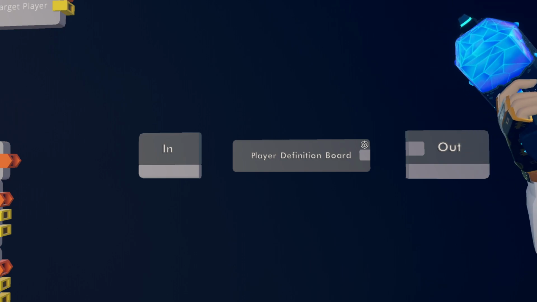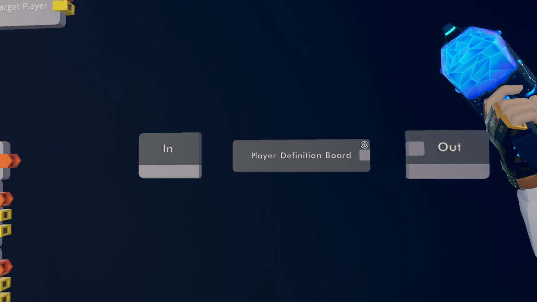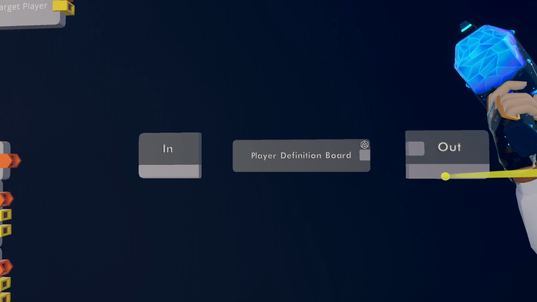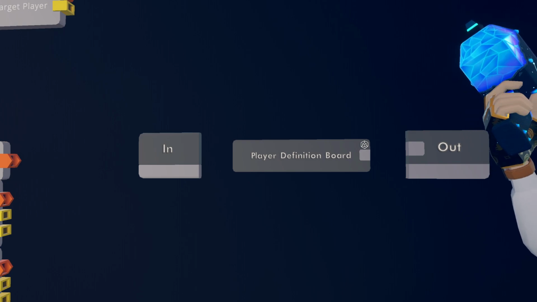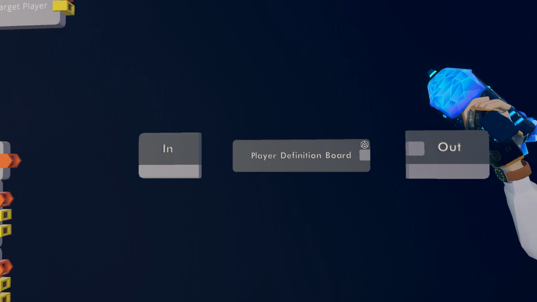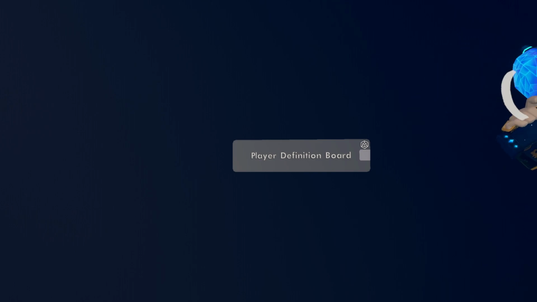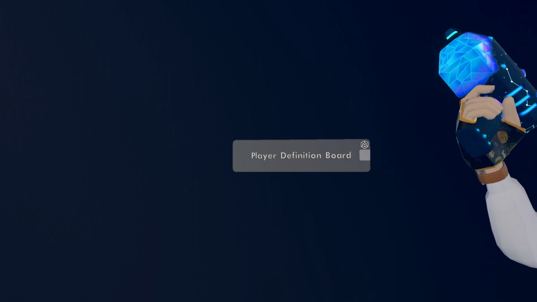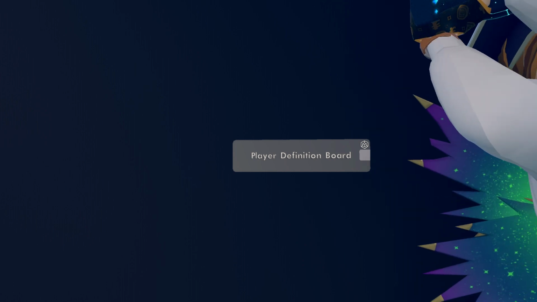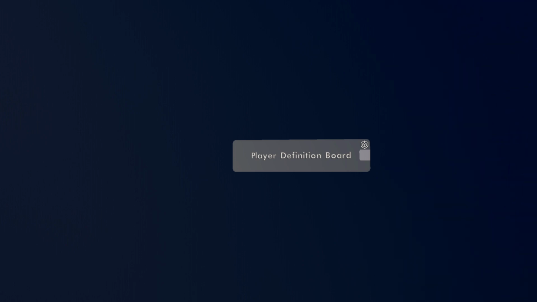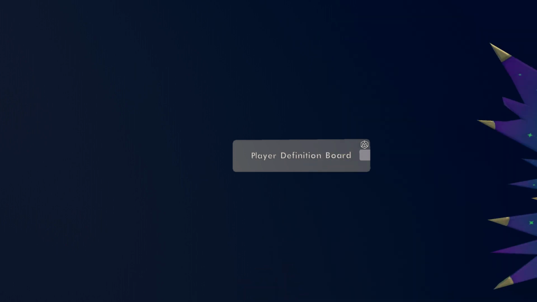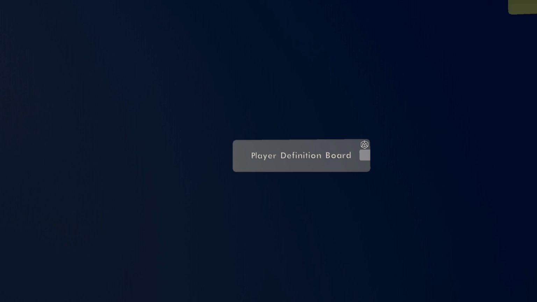So a player definition board is like an object board, but for players, and every single player has their own object definition board, even though you can't see it. You actually used to be able to see it, but they changed it for some reason. Similar to a button, where if you spawn in a button, you see the little object board above it with a little yellow dotted line. As Snake said, you can't see it for players, but there is an object board. Just think of it as a board hovering above all of our heads in the same way, except we don't show them because it's the same for every player, so it would be a waste of chips.